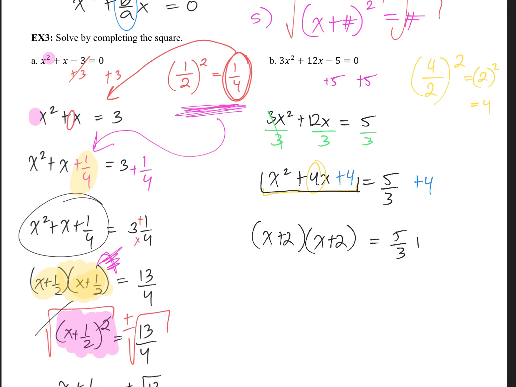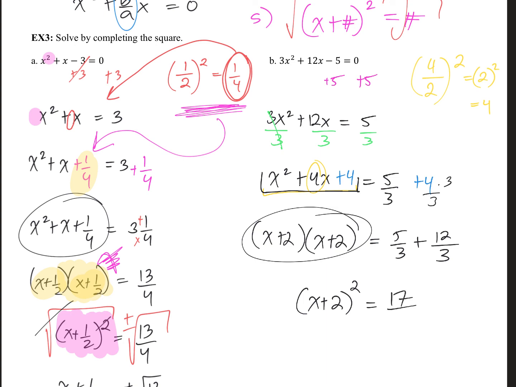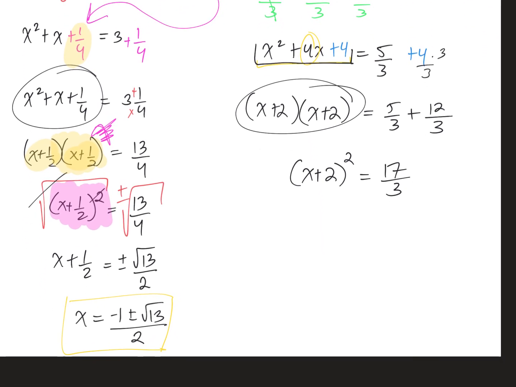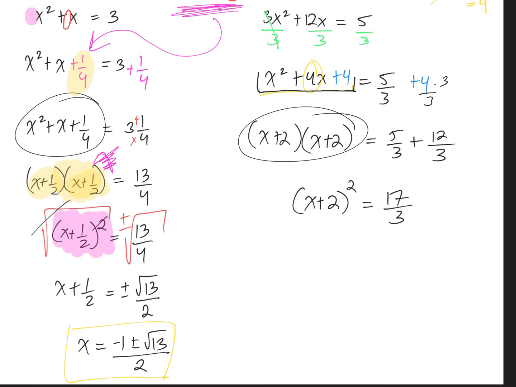So 5 over 3 plus, let's go ahead and build that up, 12 over 3. So now I can rewrite these guys in the form that I want. This is why I'm doing all of this. I can rewrite it as x plus 2 squared. And that'll equal, so 12 plus 5 is going to be 17 over 3. So now it's in the perfect format, so let's go ahead and use the square root property, which again is why we did the completing the square. Plus or minus, those cancel, and we have x plus 2 equals plus or minus the square root of,